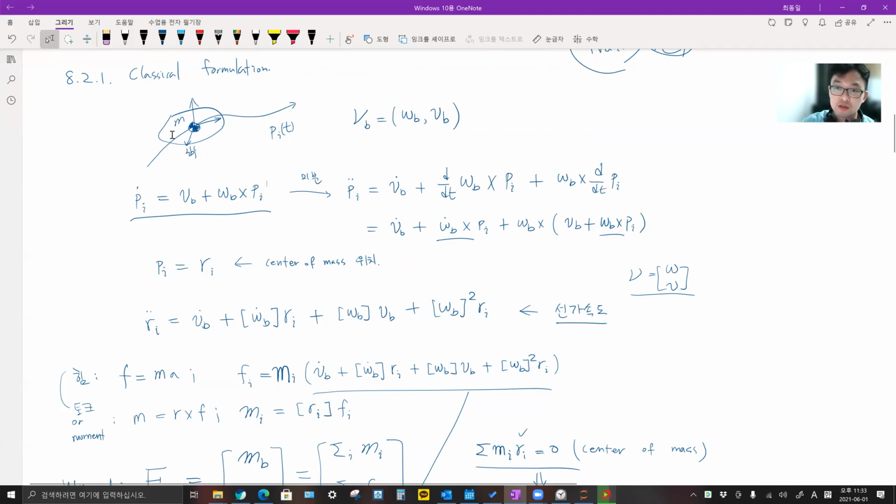Firstly, suppose there is a rigid body with mass m, and there is a B frame at the center of mass, and there is some trajectory, which is P. And this P dot can be calculated by VB, linear velocity, plus omega B, the rotational velocity, cross P. So this is the general equation of a single rigid body. So if we take the time derivative,